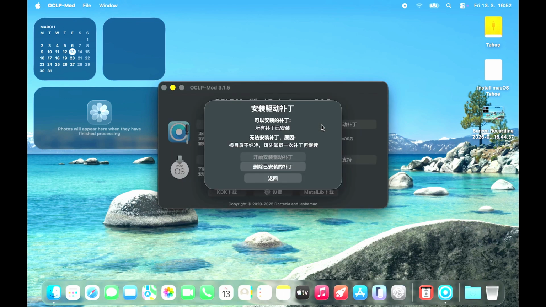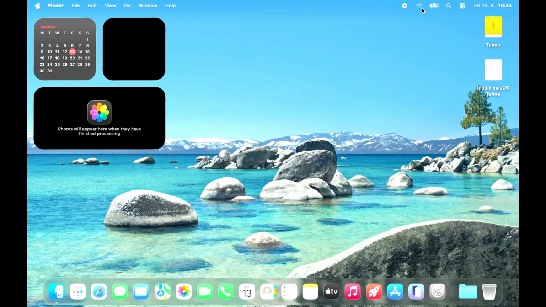Currently, Wi-Fi isn't functional, and the system feels sluggish and laggy. However, it is still possible to boot and run macOS Tahoe on this